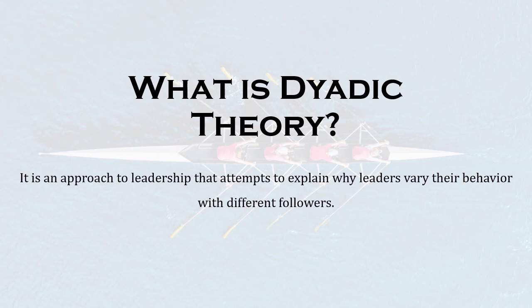You must have experienced that a few members are favorites of a particular leader, and the leader always prefers those favorite followers. So why is this happening? That means, why does a leader favor a few followers and sometimes try to ignore the other followers? This is what this theory attempts to talk about.